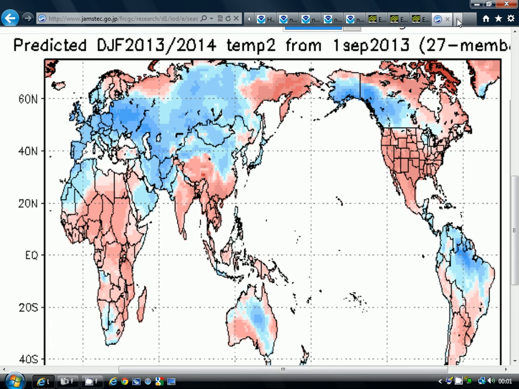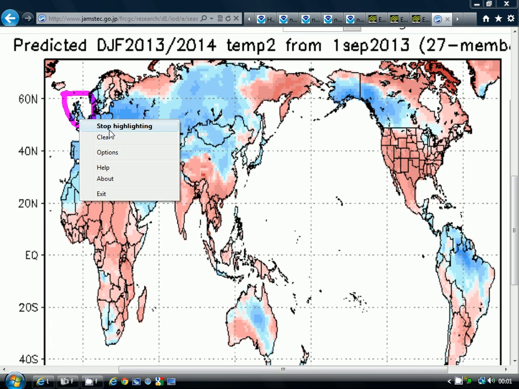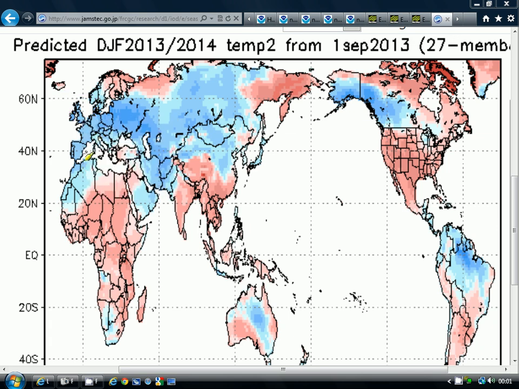Now, finally, we're coming to the end of the models that we've got. As I say, I haven't got that many, unfortunately, for this video. The Jamstec IOD model, this is the temperature anomaly for the winter. The British Isles is just here, I'll quickly highlight it. This is the temperature forecast for the winter, and it's going for a colder than average winter, quite evidently, not just for Britain, but for the whole of Europe and much of Eurasia as well.